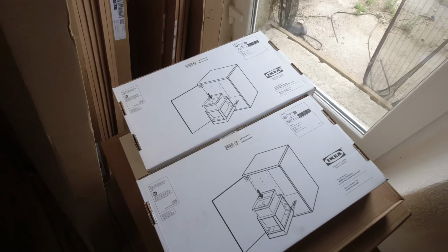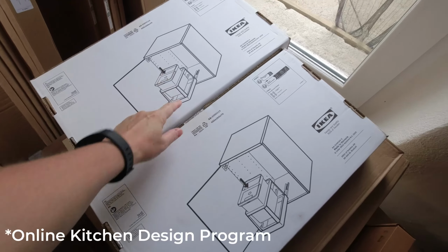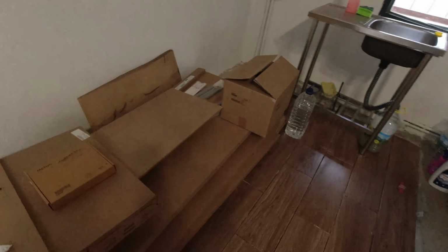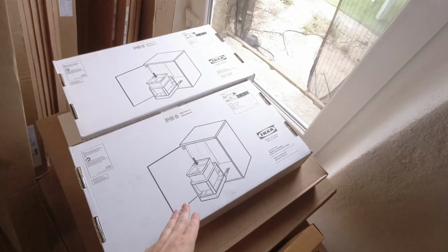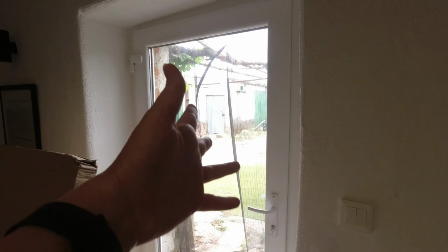They make it super tricksy with how to choose items in the kitchens, because some of the things are hidden inside cabinets or whatever it is that you're trying to order, and then these things arrive and I have no idea where they go, what they are. Hopefully eventually when I try and piece this together everything will make sense. But the good news is, if there is anything like these bins that I just have too many of and don't want to use, I can repurpose them one day when I do my storeroom